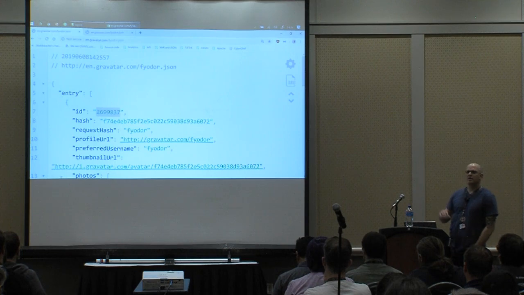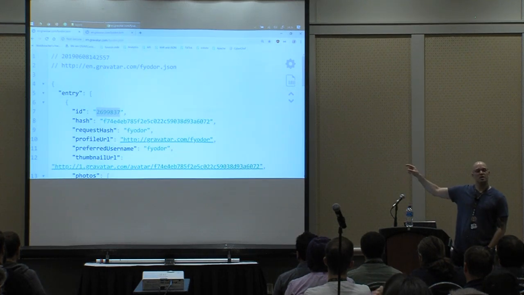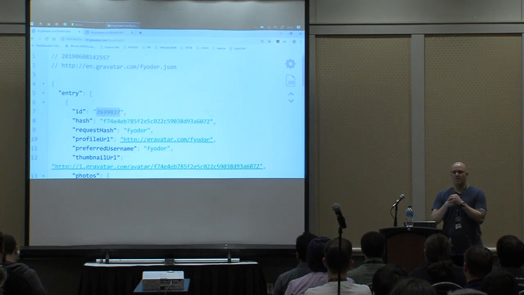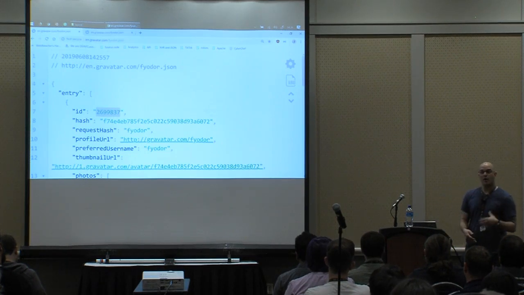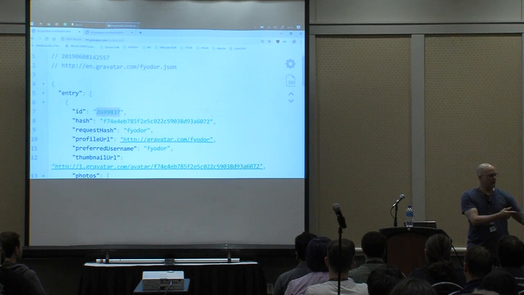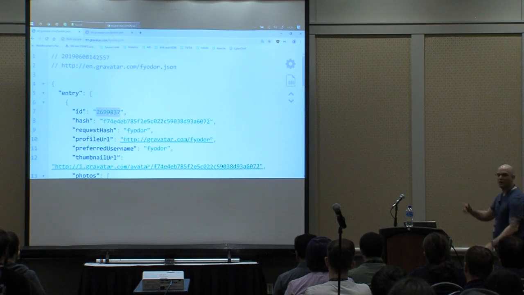That hash right there, because I understand how Gravatar works, that hash is an MD5 hash of Fyodor's or Theodore's email address that he signed up for this service with. So if I were to go ahead and guess, are you at fyodor@gmail.com, I could make an MD5 hash of that and go, hey, this hash matches that hash. Now I got his email address. You see how this goes? But wait,